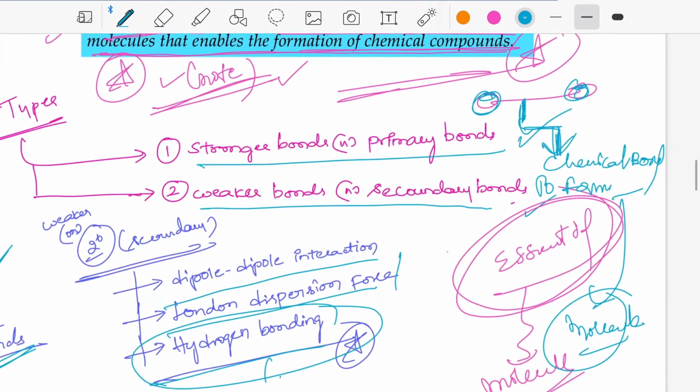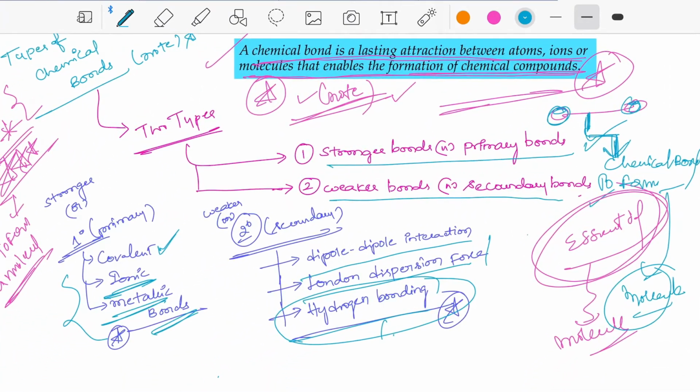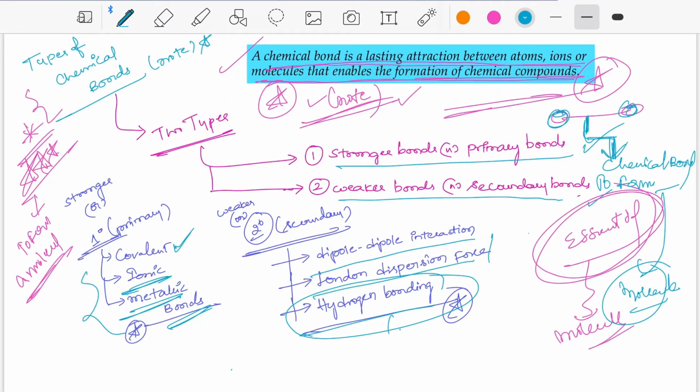There are two types of chemical bonds. One is stronger bonds, also called primary bonds, and the second is weaker bonds, or secondary bonds. The primary bonds are the covalent bond, which is formed due to the sharing of electrons between atoms,